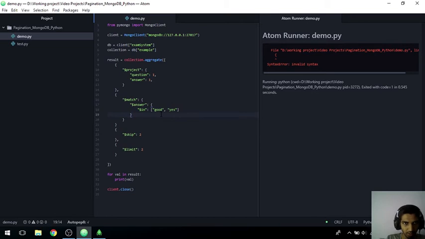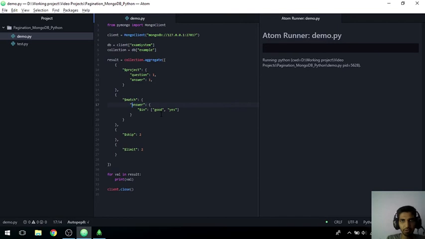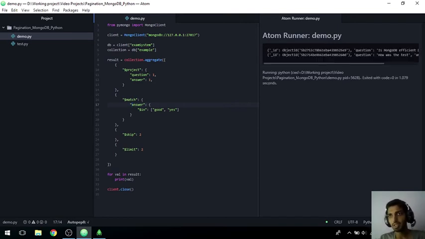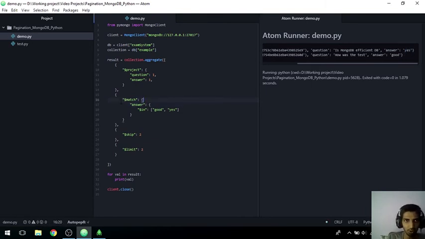Okay, I think we made some mistake. Sorry, it's not $answer, it's just answer because our field is answer. Now it gave us the 2 records whose answer is yes and good. So you can use $match like this also.